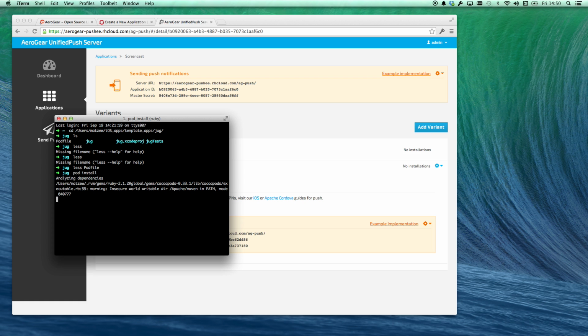CocoaPods is basically somewhat comparable to Apache Maven, which is dependency management. What it does here, it downloads the source code of the AeroGear Push library, and it does create a workspace for my Xcode IDE. Next, I'm opening the newly generated workspace,